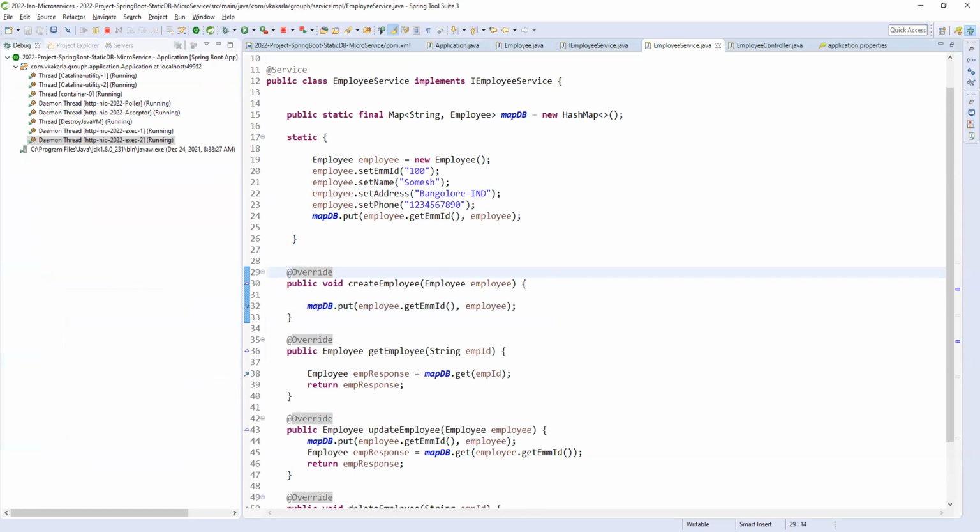Here we created a new employee. Do we need to create something in the controller? Yeah, I am going to the controller.